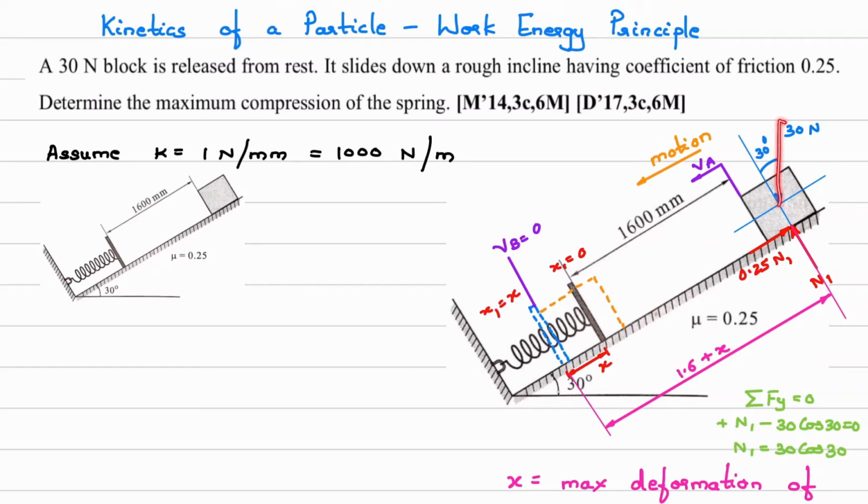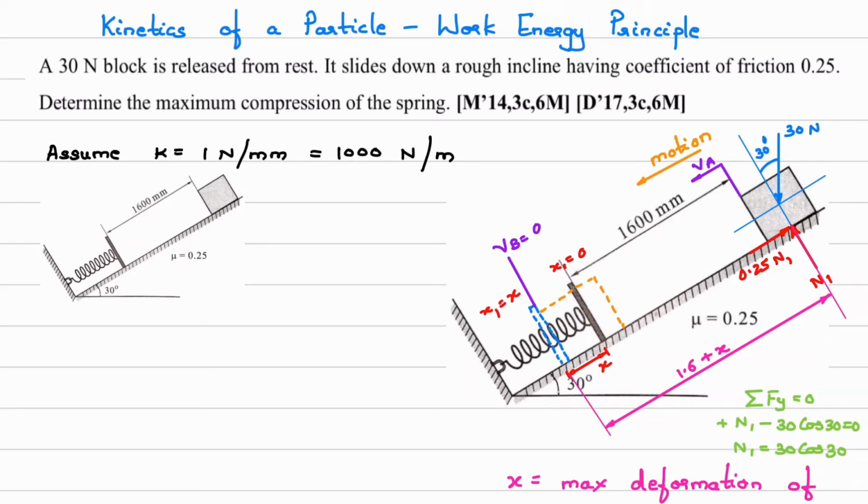Then here weight is given. What is that? 30 Newton. So X component of weight will be there towards left. It is in the direction of motion. So this weight component of force will also be there. This is the second force, of which work done we have to consider. And the third force, you can see here there is resistance to the motion of the block because of spring force. Okay, FS, spring force. So 3 forces we have to consider here.